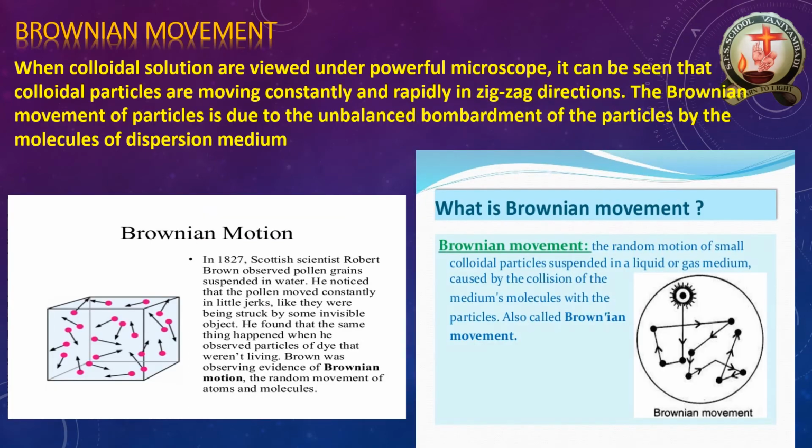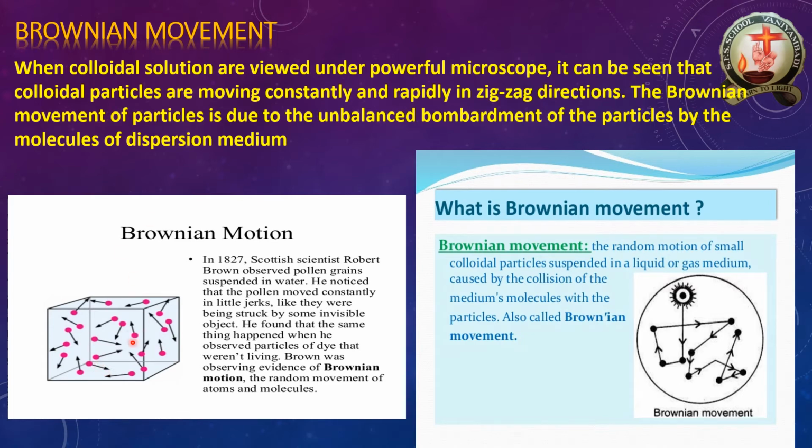Okay. Then Brownian movement. Brownian movement is one of the best examples for the colloidal solution form. Okay, it's nothing but one cube of colloidal I have taken here. The movement of colloidal particles, whether they may be a uniform movement, or they may be a zigzag movement. So the Brownian movement will be identified. All the colloidal solution's movement will be a zigzag movement.